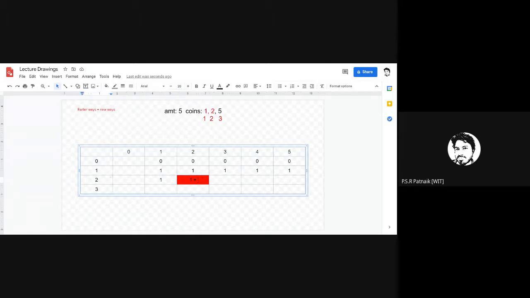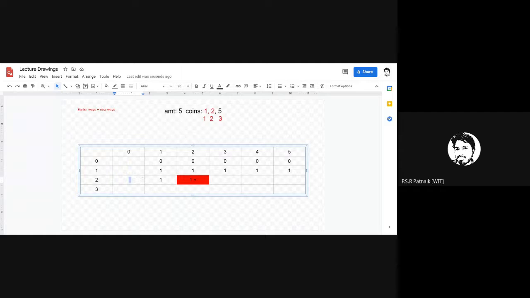Now I need to see if I can use the new coin available to realize this amount too. Yes. If I use the coin at index 2, which is of denomination value 2, to realize amount of value 2 here, what would be the new amount available? 0. So amount of currency value 2, amount is 2. So what is that value here? It would be 0. So 0 means you're actually referring to this column.